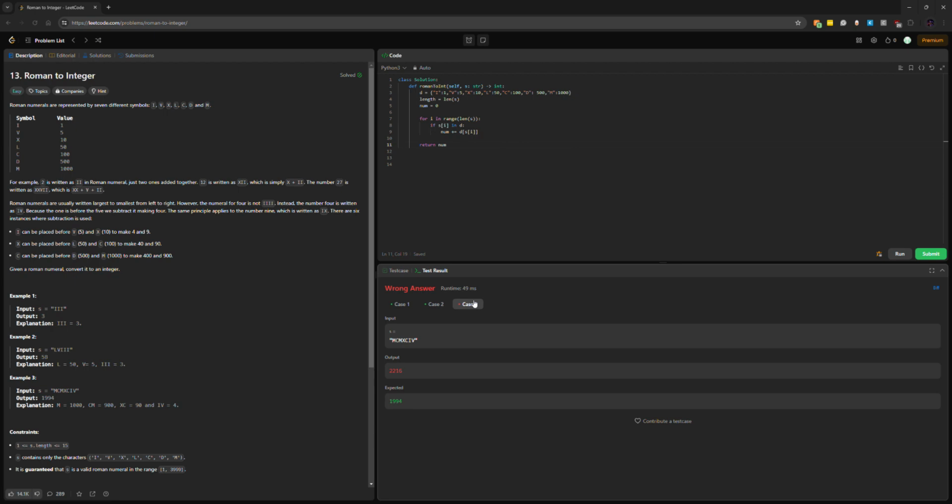Awesome. So now I've got to look at cases with 4, 9, 40, and 90. So I think a good way to do this would be to just have a few if statements. I'm not sure if there would be a better way to do this, but just